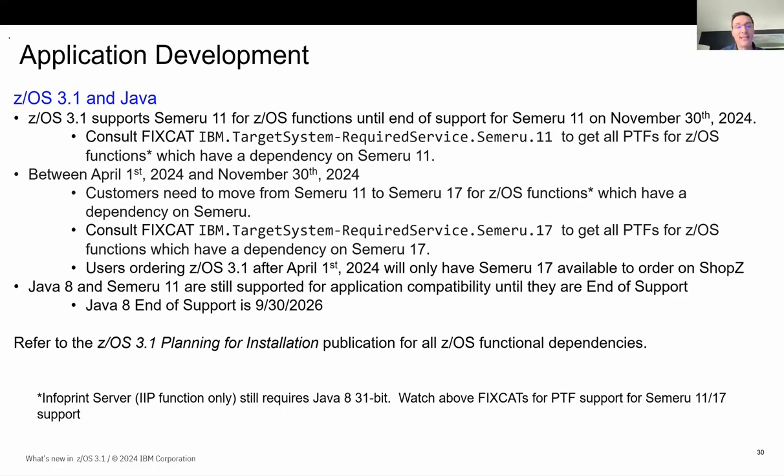And the reason why it supports 17 is because Java 11 or Semeru 11 is only available until November 30th of 2024 when it goes out of service. And so when we GA'd, we basically had all of the operating system support Semeru 11. But since the GA and until November 30th, we've now delivered a set of functionality. There's a fix category that says required service Semeru 17, in which the operating system is basically saying, we are all now supporting Semeru 17 because, of course, we want to be in a supported Java release at all times